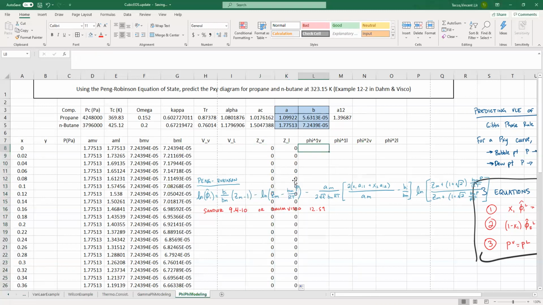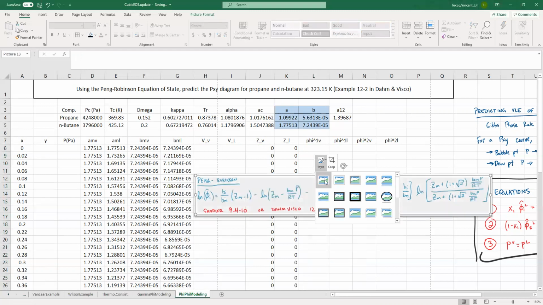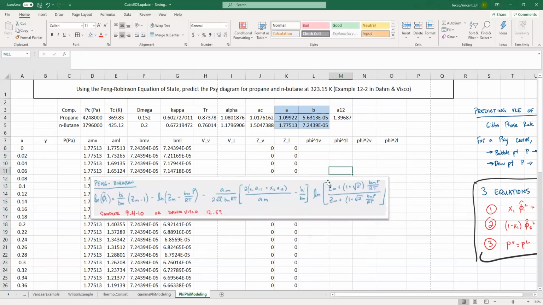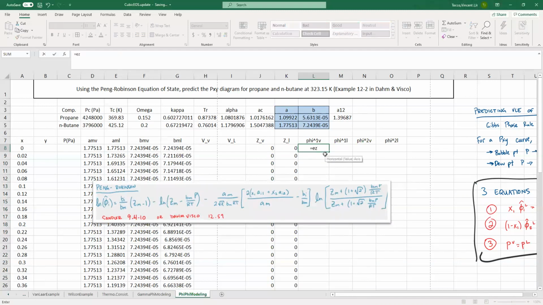Okay, now Phi 1 for the liquid. Let me see if I can style, yeah. I don't want to be able to see through it. Phi 1 vapor equals exponent. But the bad side is I've deleted everything I've had so far. So B1 $ times, now this is going to be much easier to type now, Z mix, or Z of